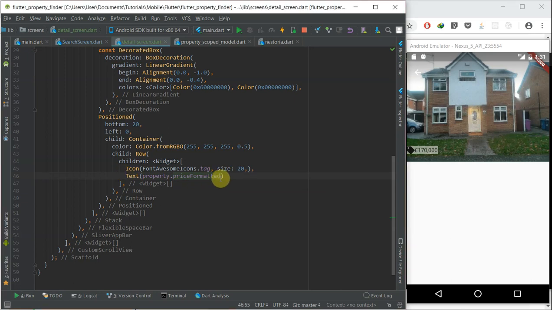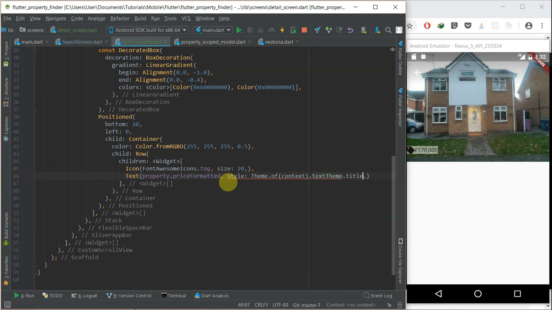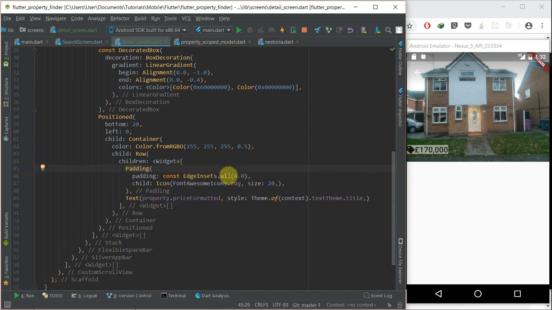So the first thing I would want to change over here is the style. So we do Theme.of and give it a text theme of title. Then for the Font Awesome icon, I'll wrap it in a padding and give it a right padding, so there will be kind of like a space between the text. Yeah. And also for the container, I'm going to give it